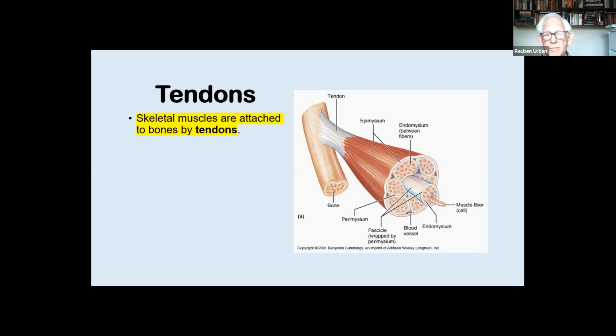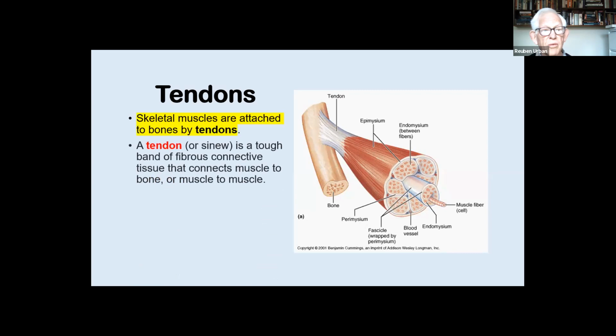So weight training actually increases the strength of all components here. But it's very easy also to tear a tendon. Either you can tear away from the bone or get a tear within it. It's painful, but it's quite easily fixed these days with an injection, I think called a PRP. If you have no idea what that is, remind me, I'll tell you later because I've had it and it's magic.